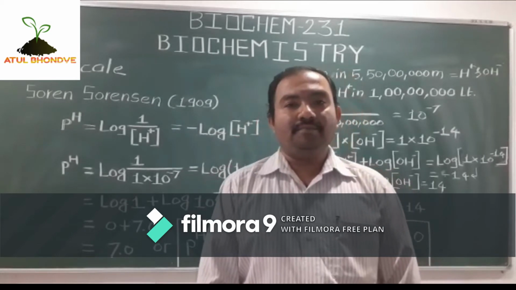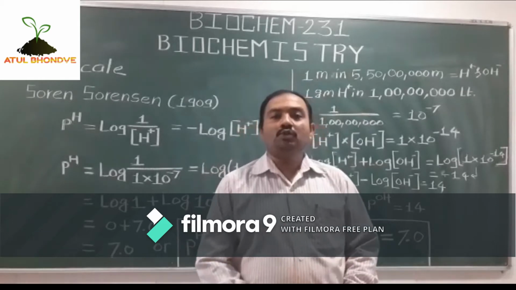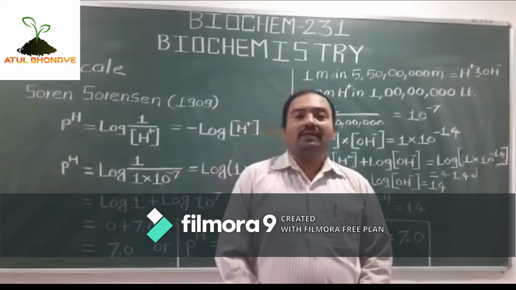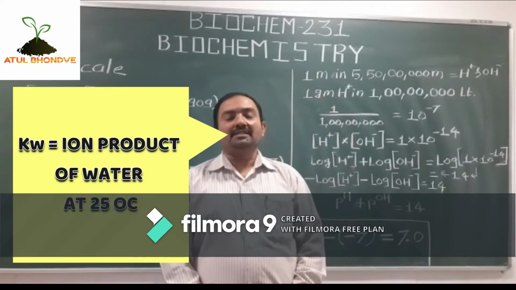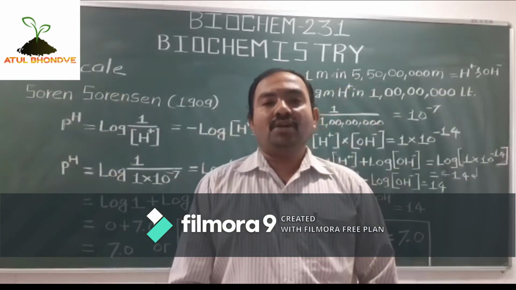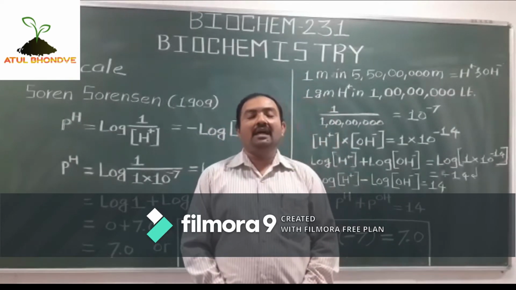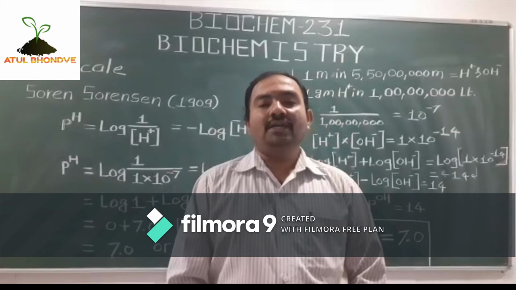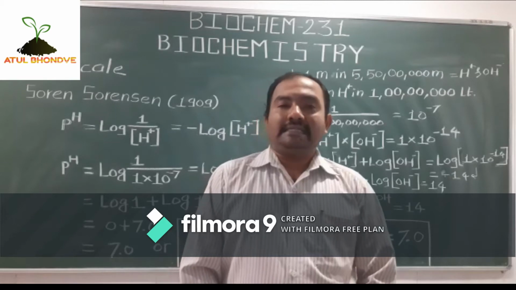Regarding the pH scale, Kw we learned in the previous class, and how this Kw appears, that also we learned. So Kw is the basis for calculating or representing the pH, the basis for the pH scale. It means the concentration of H is equal to the concentration of OH, that is the hydroxyl or hydroxide ion. So moles of H equal to moles of the hydroxide ion is the pH.